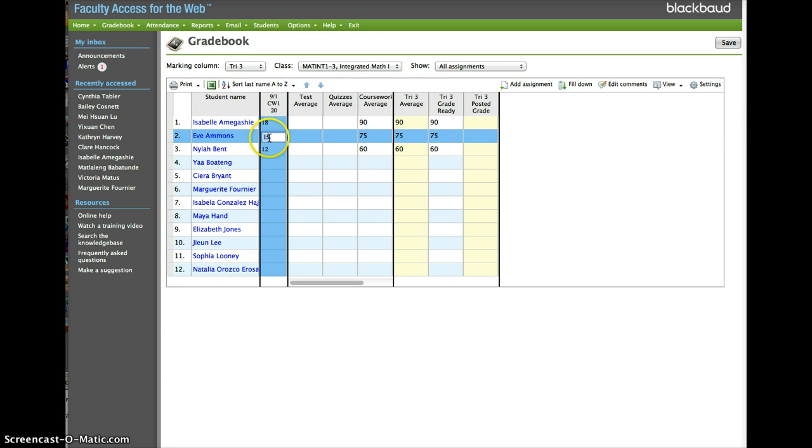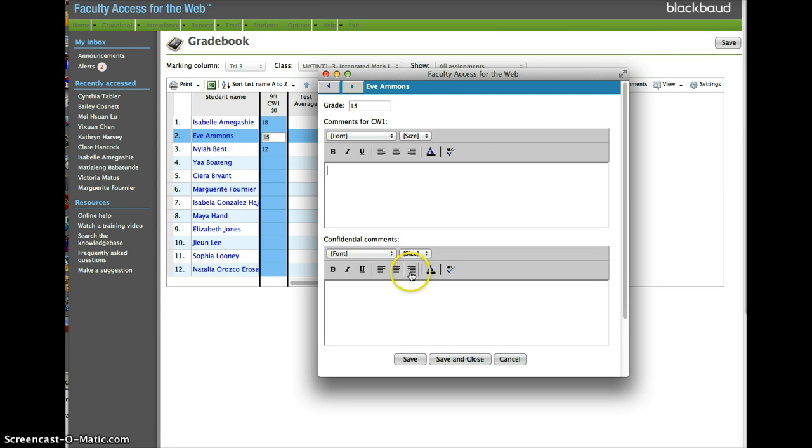It's really valuable on an assignment to add a comment, especially if a student has done remarkably unique work in a certain direction, has particularly struggled for a specific reason you want to recall later, or is showing a real acumen with a certain skill, or if you want to make a note about what she needs to work on, particularly if she didn't score well on an assessment, to help you with your formative conversation with her. So up here on the right, I clicked edit comments. And then for Miss Eve Amons, I can say,